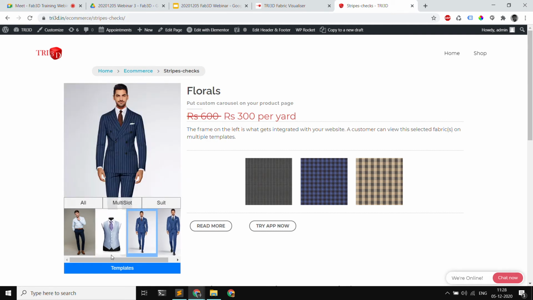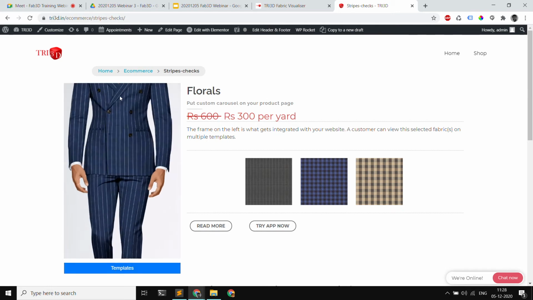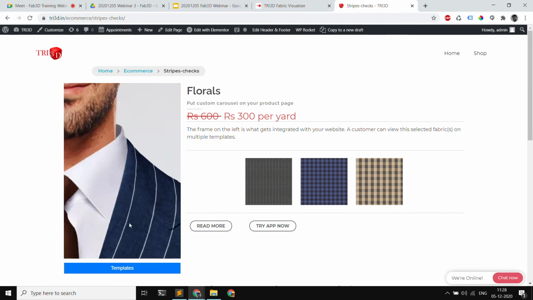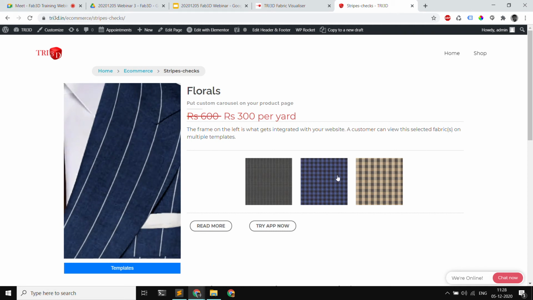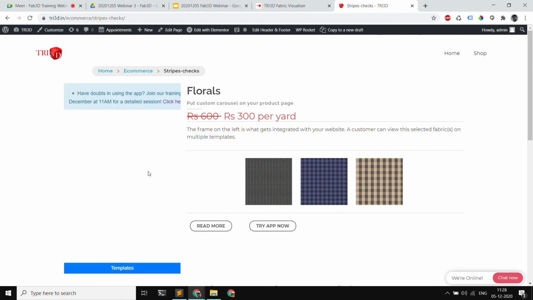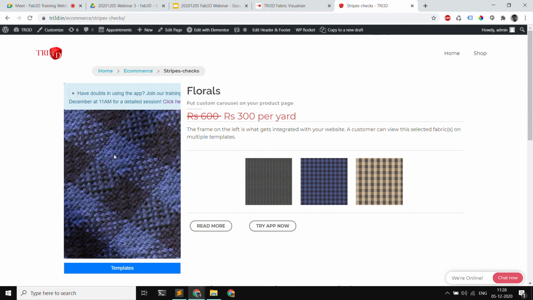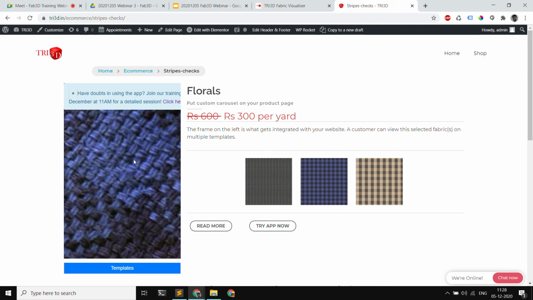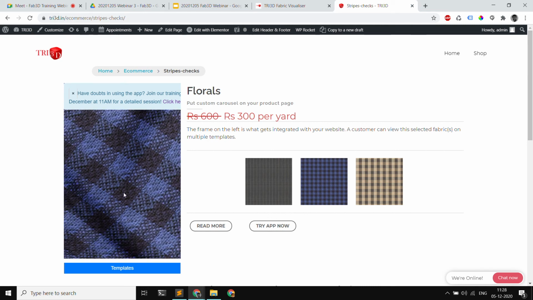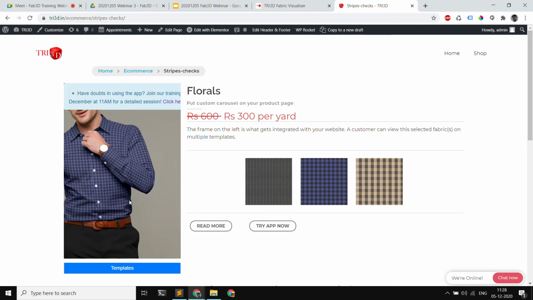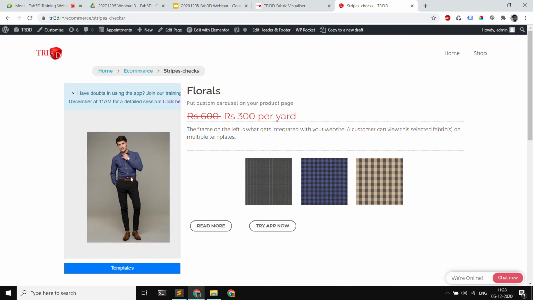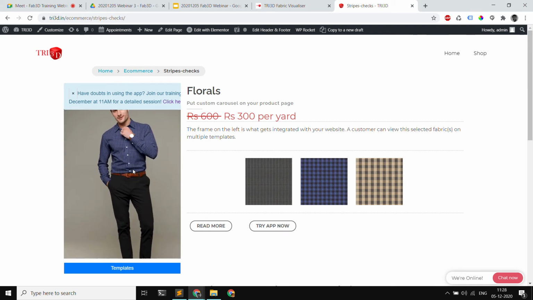So this gives a much richer experience to your customers, and because we store data very effectively, even after zooming in, you can see a lot of detail in the fabric, which is not possible in a regular static image. For example, if I'm zooming in, we are almost seeing the weave of this fabric. That's the amount of detail that can be captured, and this is still a very lightweight integration.